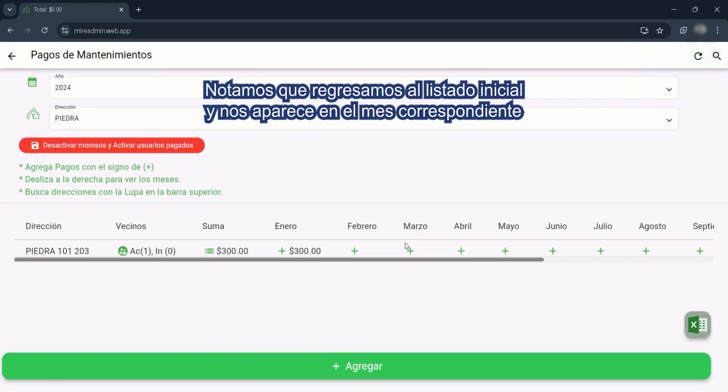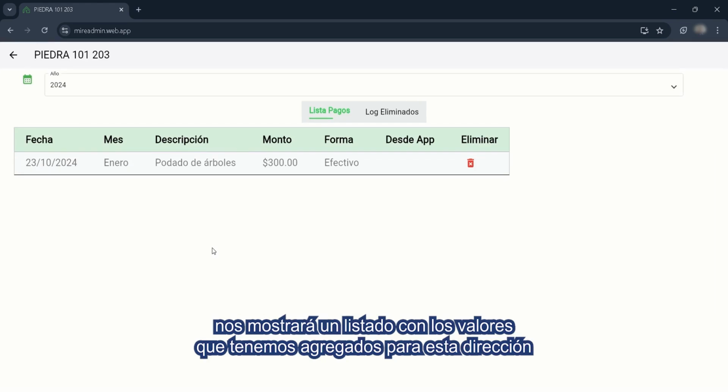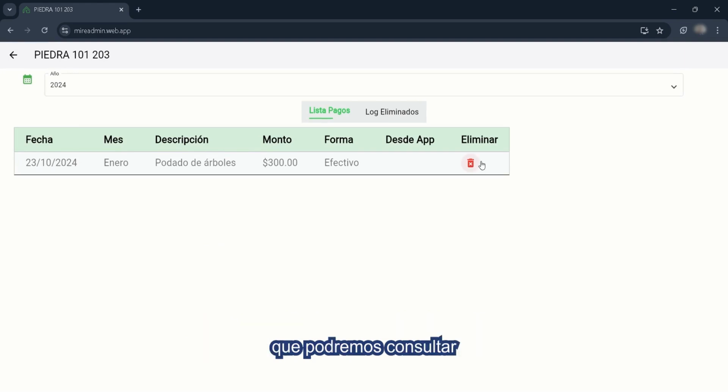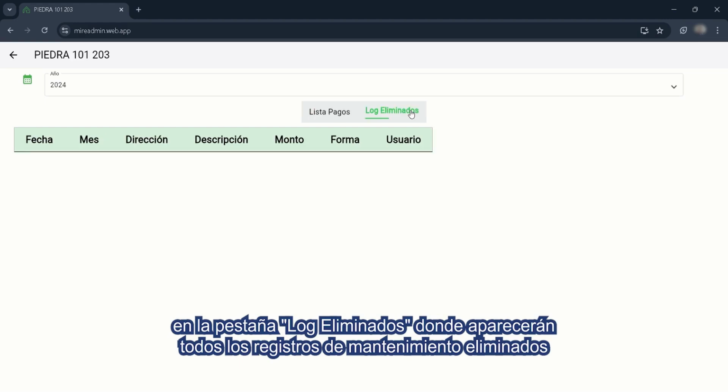We notice that we return to the initial list and the amount we captured appears in the corresponding month. In the total column, when we click the green icon, it will show us a list of the values we've added for this address. If we want, we can delete any record, but this will create a log that we can check in the Deleted LOG tab,